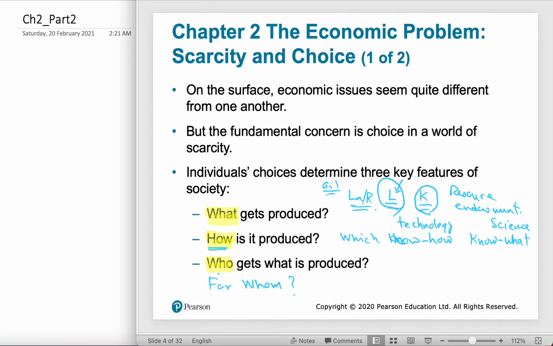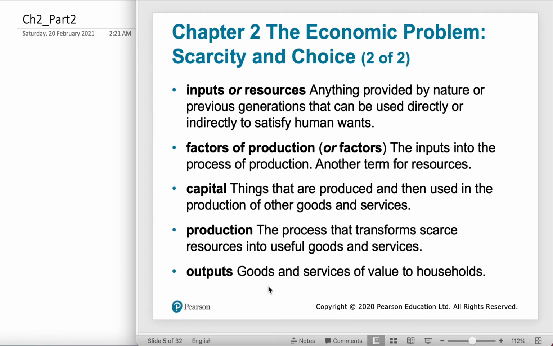And who gets it? It means how we are going to do distribution, for whom we are doing this. And these two questions are interrelated, and basically these are the